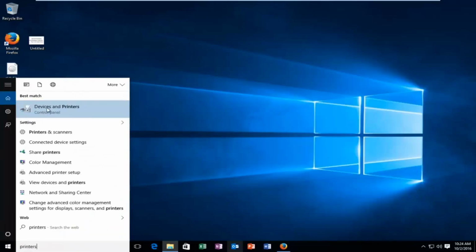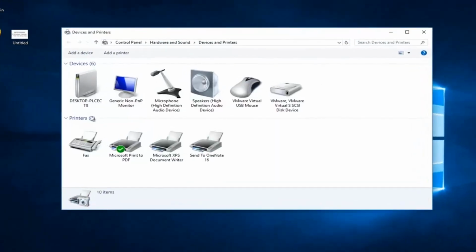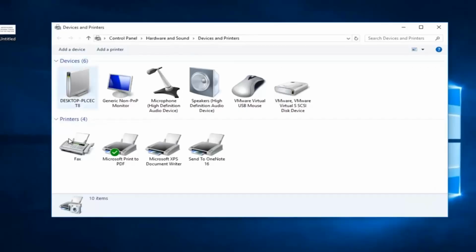It should be listed directly above the control panel entry. So you want to left click on that. And then you'll see two sections here, one divided by devices and then one for printers. The one with the little green circle with a white check mark through it, that will be your default